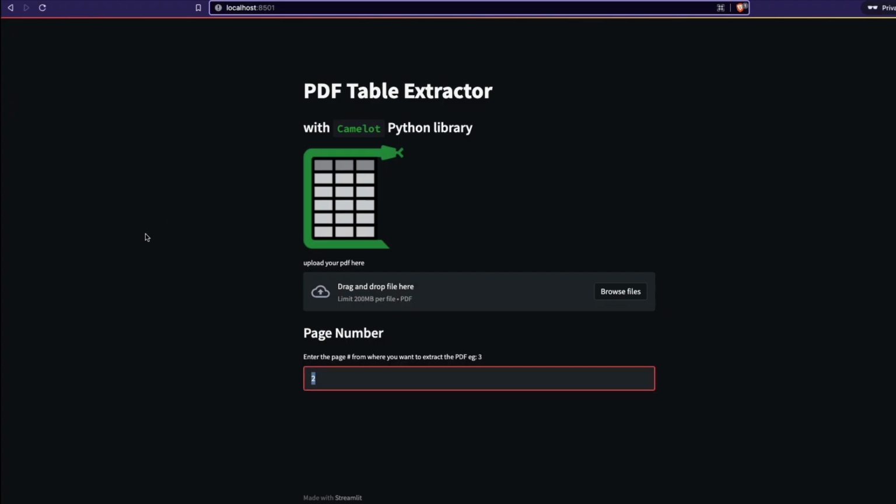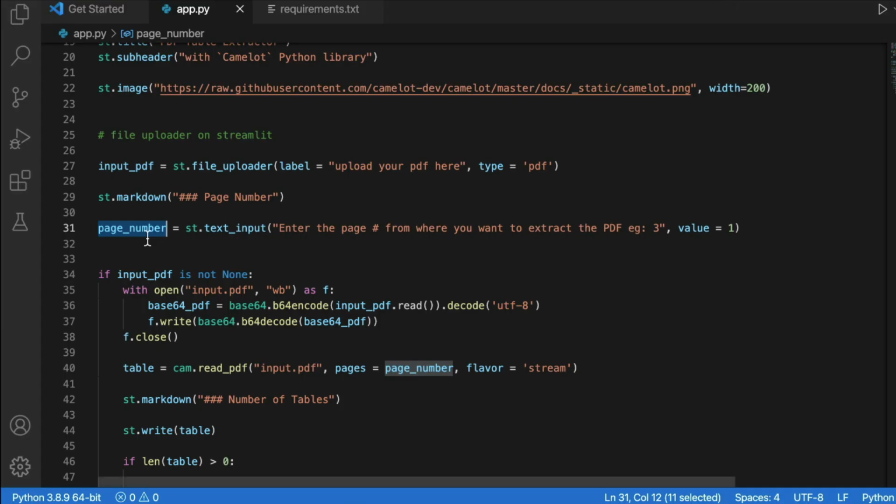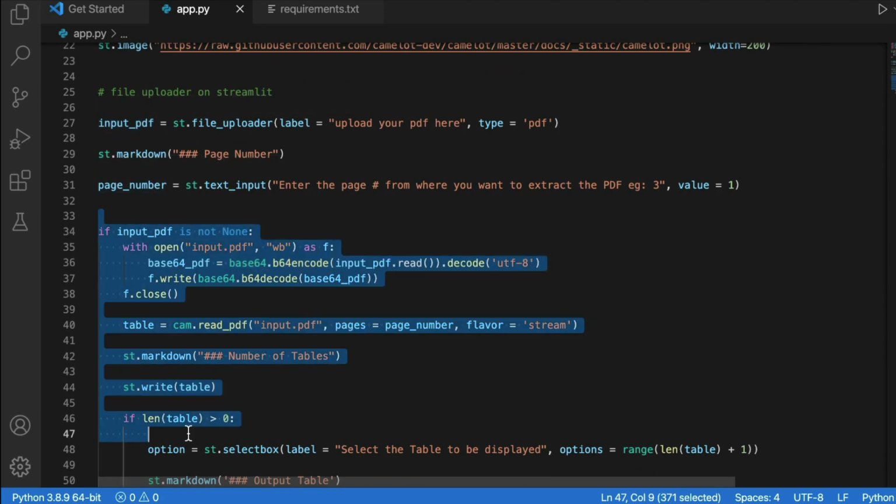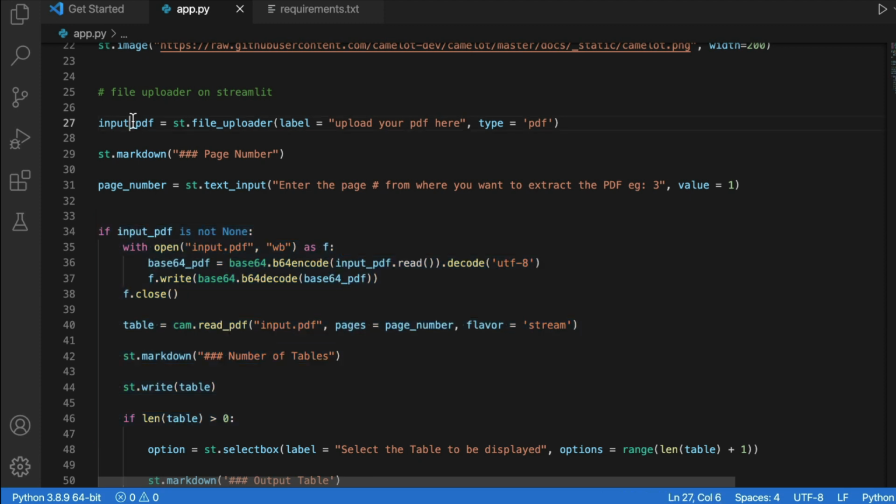So now at this point we are quite ready for us to design the core engine that's going to show the PDF, the table from the PDF, the extracted table from the PDF. So what is that? So we have to first handle a condition saying, okay, do rest of this code only when the PDF object is full, which means if anybody has uploaded a PDF, then do the rest of the things, otherwise don't do it.